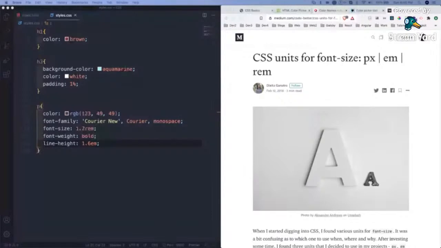With pixels, the maths is a bit difficult. As I have told, the body font size is 16 pixels, so 1.2 REM means 1.2 times that. The maths becomes easy with EM and REM. So this is done.